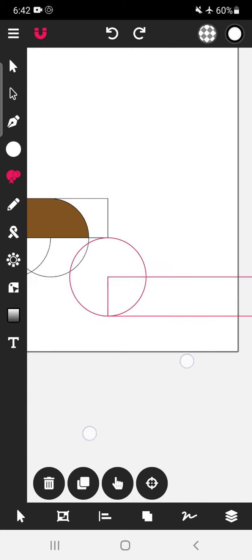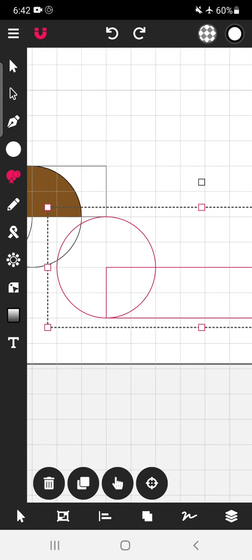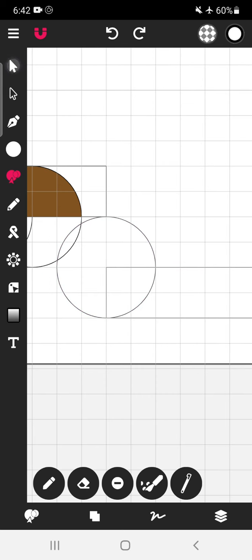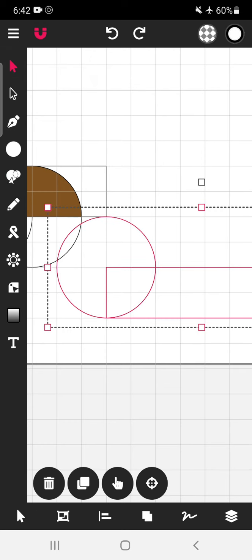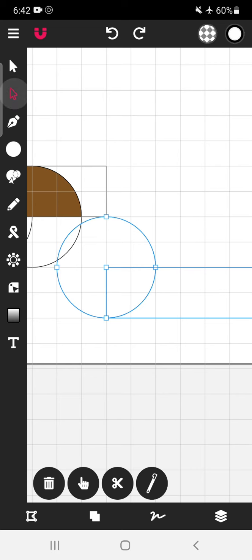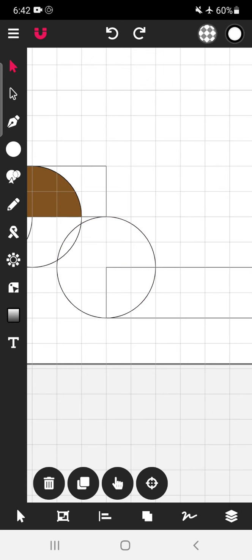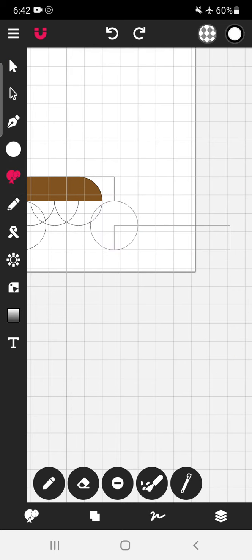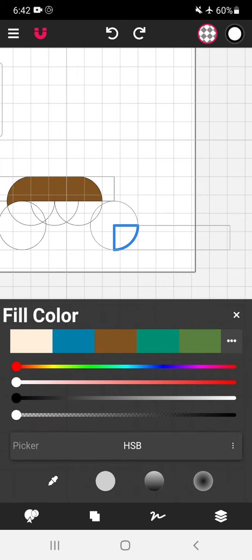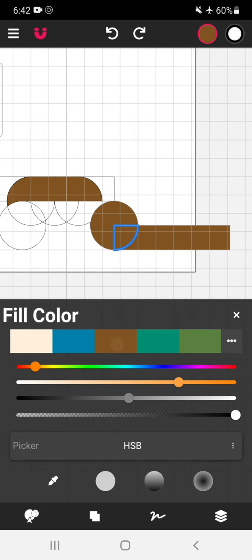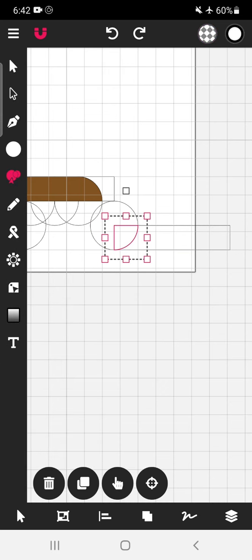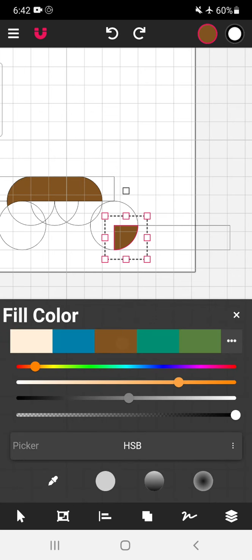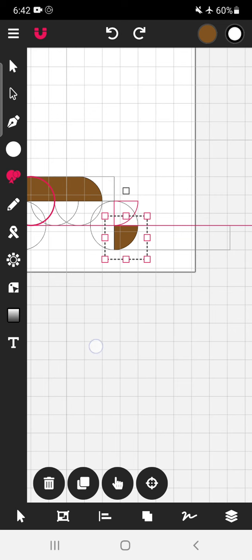Select everything. Okay. See, the shape builder tool is getting locked sometimes, and even after tapping on this, sometimes it is not getting deselected. That time you tap on this and deselect the shape builder tool. So now let's select it. Go to shape builder tool, join mode, and then select this. Tap on this, undo. So we have got this particular shape for the tail. Now we will put it at the exact location.